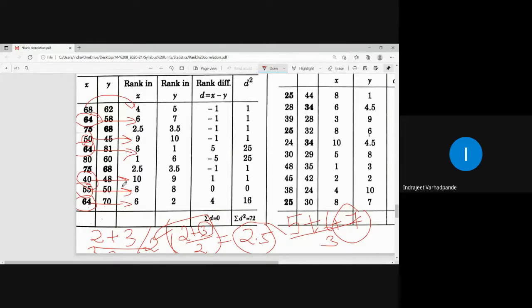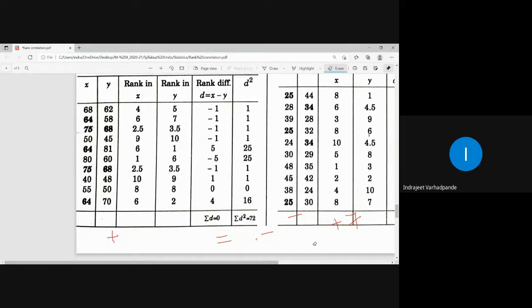So in this case also, while assigning the rank, the last rank will always match the total number of observations. But certain numbers can be found missing because they are taken in the average. So this is how the process is for assigning the rank when the ranks are repeated. I again repeat and explain the procedure.